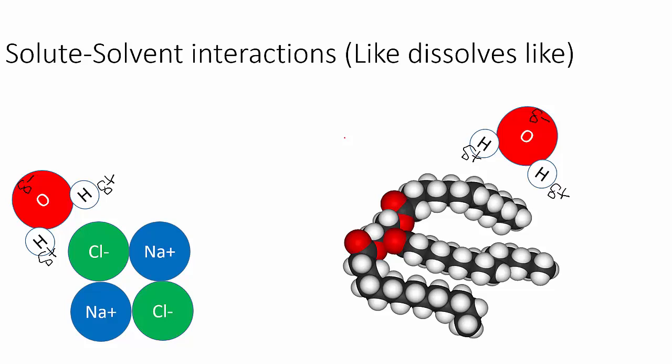So first off, we're going to take a look at the solute-solvent interactions. And you've got to remember that like dissolves like. So if we're taking a look over here, we have a polar solvent and we have an ionic solute over here. So we have charges, and charges are going to interact. The more strongly they interact, the more stuff can be dissolved. It kind of makes sense, right? The more that they're like, hey, I like you, you like me, we can hang out, the more stuff you